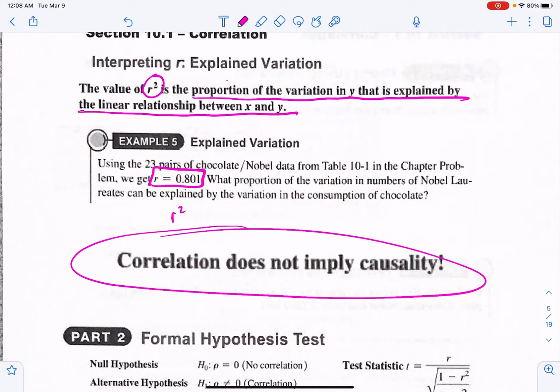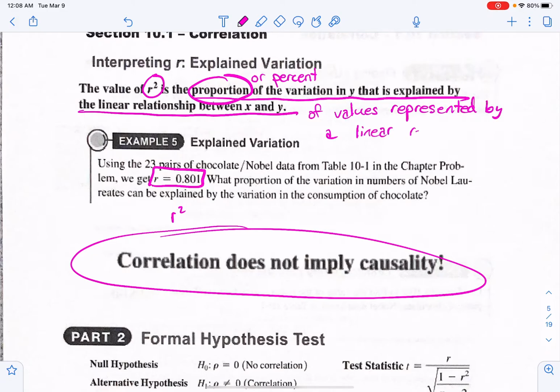Basically, it says the proportion or the percent of values represented by a linear relationship. So it's like the percent of data values that live on the line that I would draw on my graph,